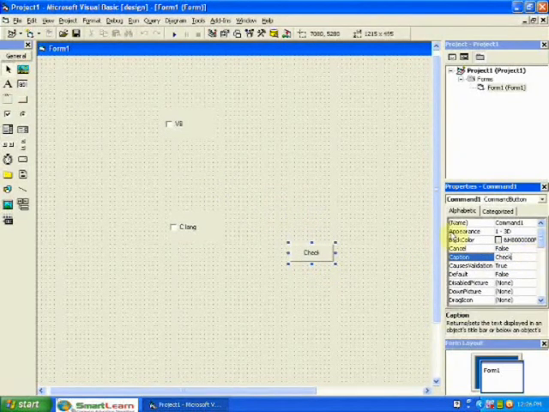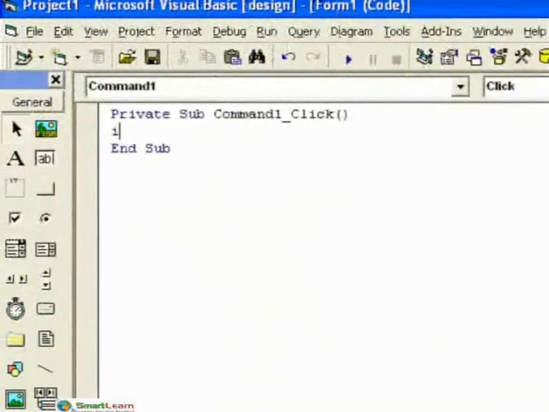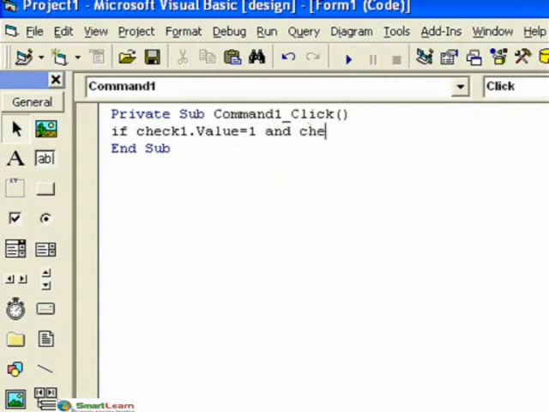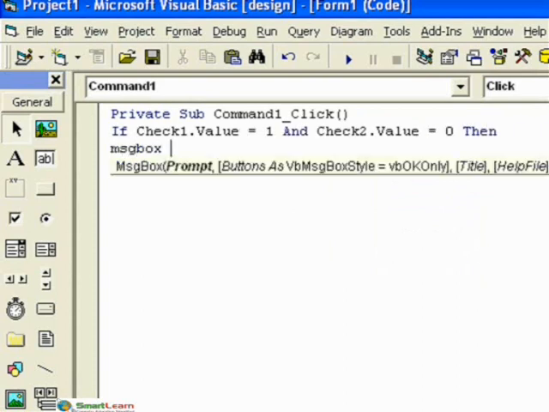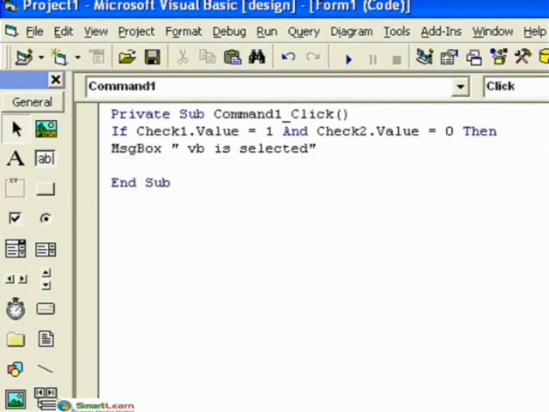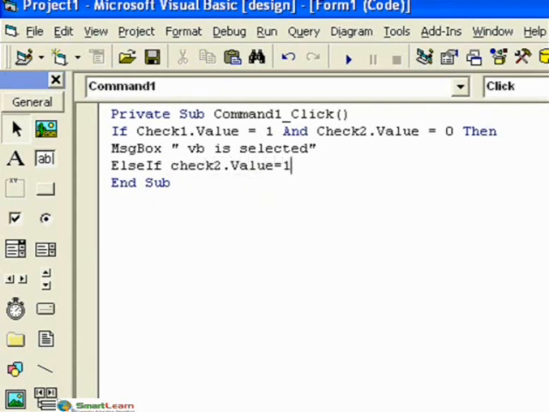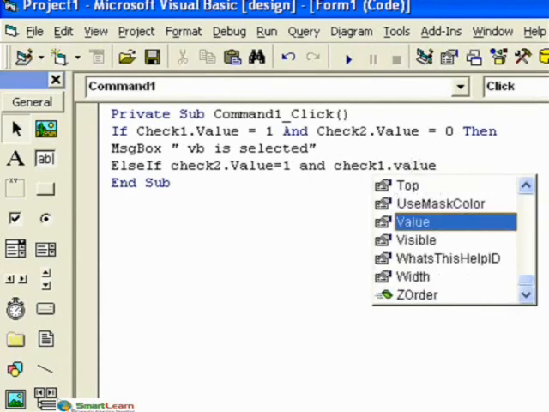Double-click the checkbox and add the coding. If Check1.Value = 1 and Check2.Value = 0, then MsgBox "Visual Basic is selected". It means, when you check the Visual Basic box, the message box will appear with the message Visual Basic is selected. Else if Check2.Value = 1 and Check1.Value = 0, then